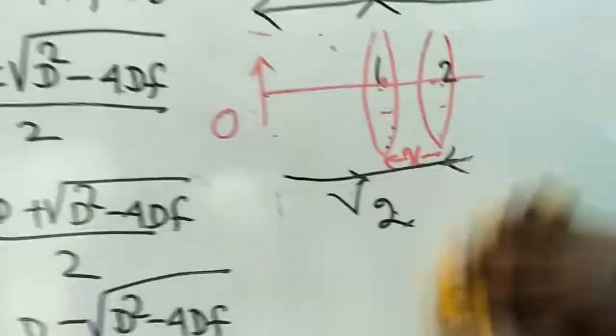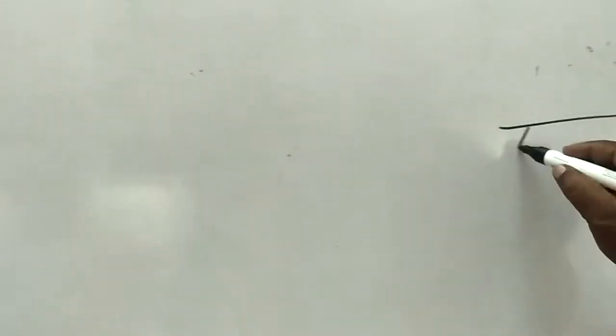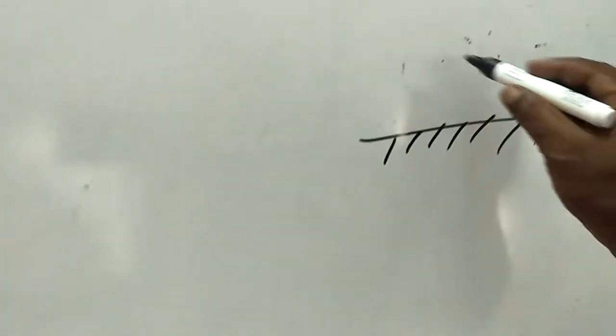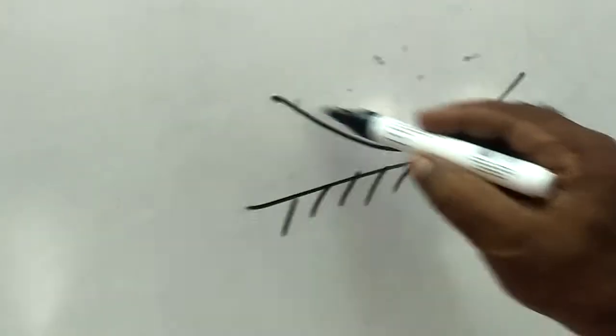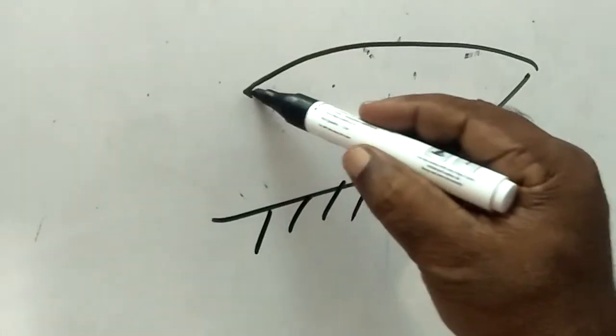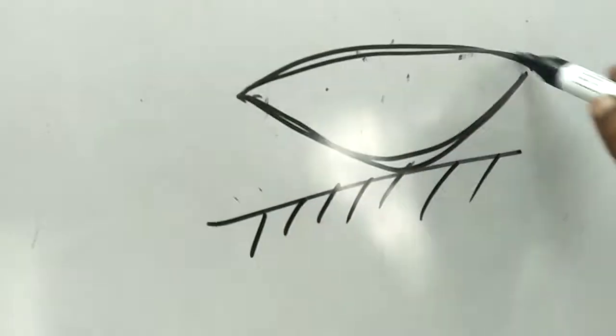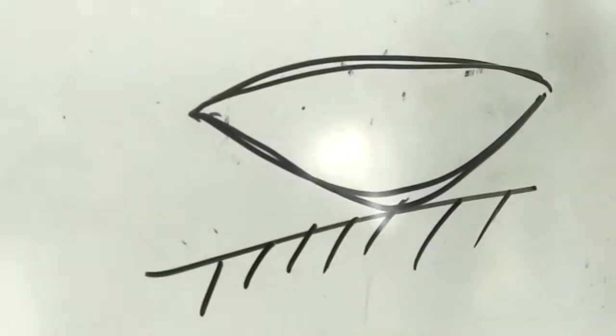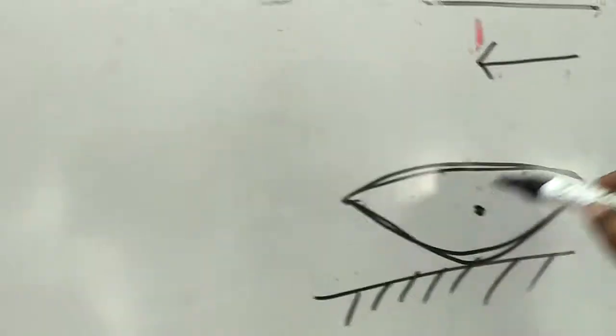Similarly, you can also calculate the focal length of a lens and refractive index of a liquid by combining a convex lens and a plane mirror. By combining a convex lens and plane mirror, what will we do? We will take a plane mirror and place a thin convex lens over it, so they just touch each other. Suppose you take an object and move the object just over the optic center.